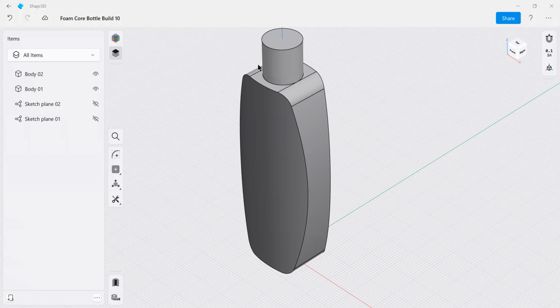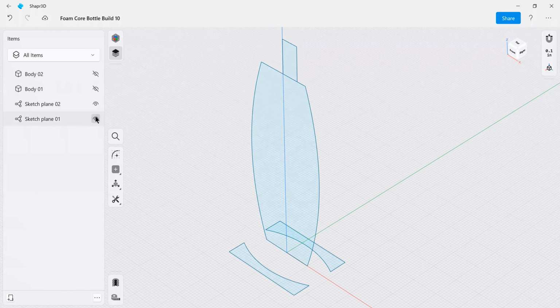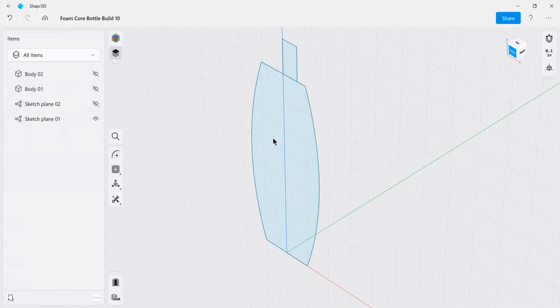Okay, so this is what the solid file will look like. So let's move these two bodies. So in Shaper, it's all about these sketch planes. Let's just take a look at this front one first. Front view. So I'm just going to talk about developing this light blue area here is a contained surface, and